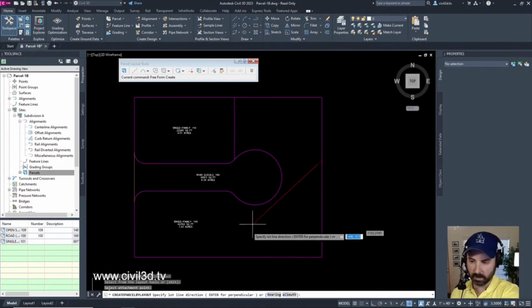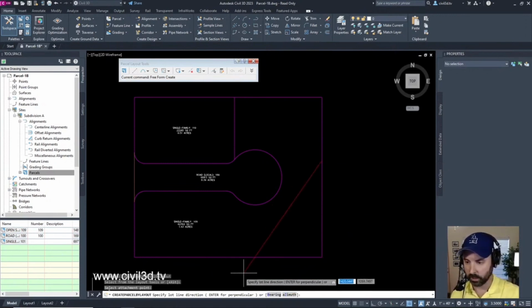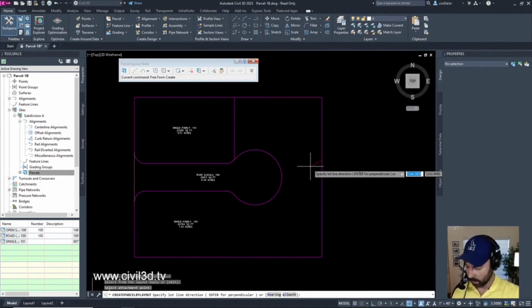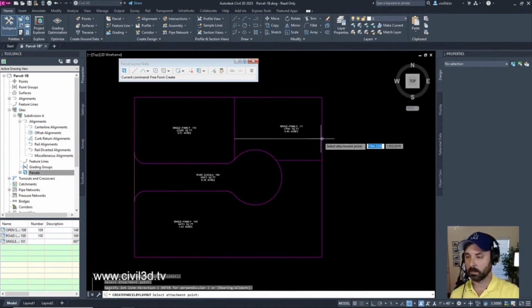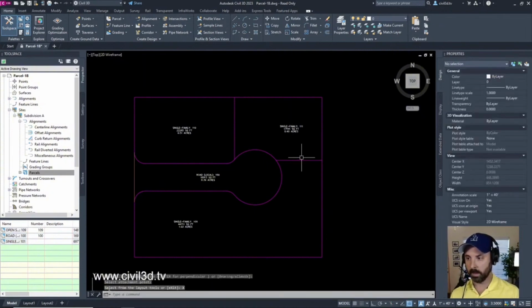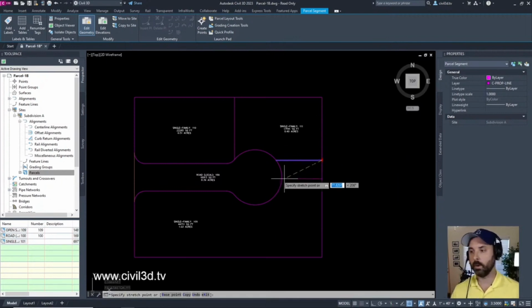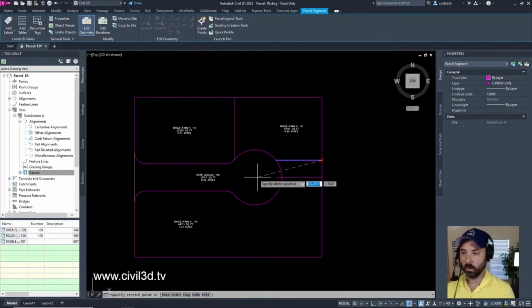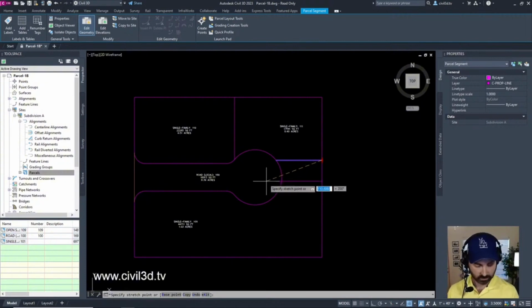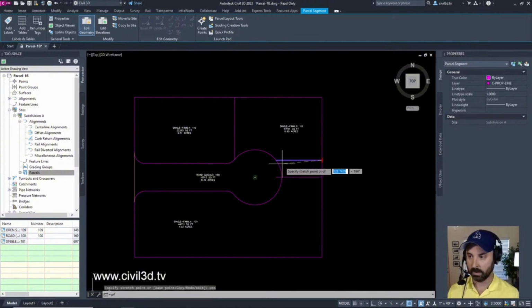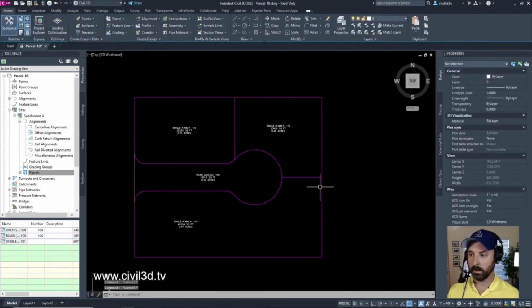Right now in the command line it says specify lot line direction, enter for perpendicular. I'm just going to press enter for perpendicular. And press enter to escape the command. Now you see that we're perpendicular to this rear lot line. If I click anywhere, it stays perpendicular to that lot line. So if I want to make this a radial within the cul-de-sac, I just type in CEN for the center point, and there you go.